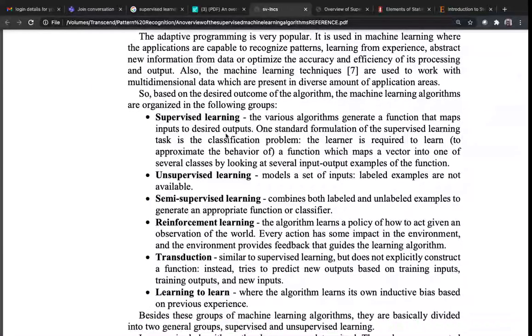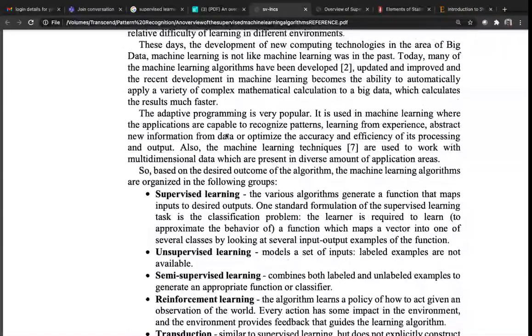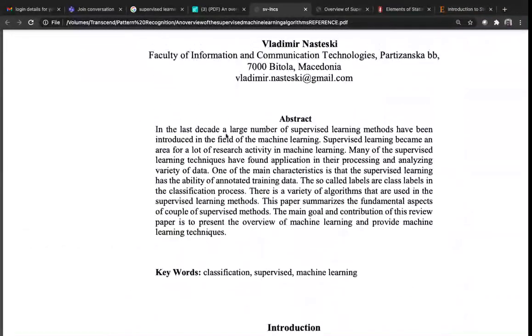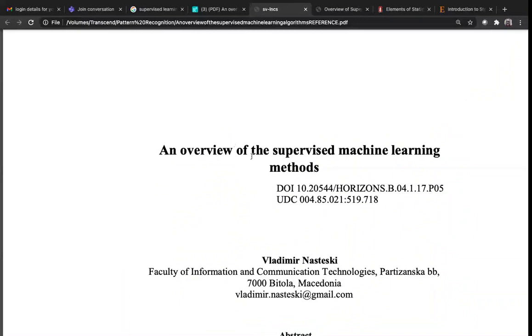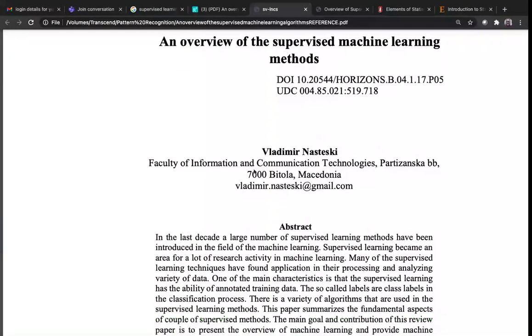Okay, correct. You can see here that this is a survey article. It is from ResearchGate, and people can find it. I had shown the beginning part. You can perhaps note this one: an overview of supervised machine learning approaches by Vladimir Nasteski.